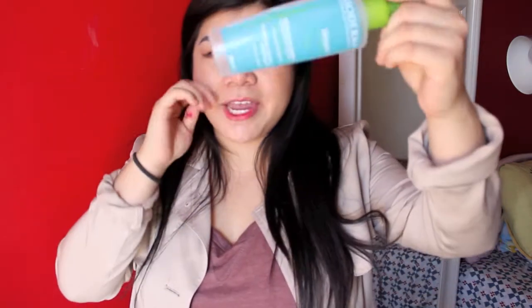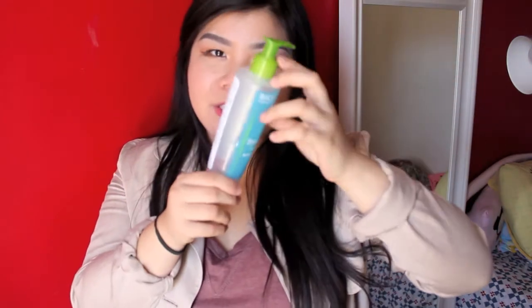The next thing that I have to show you is definitely dead and I'm devo about it. It's the Bioderma Sebium Purifying Cleansing Foaming Gel. This is so empty. It's just got like the last bit of residue left in it. I really love this cleanser and I definitely recommend it. Of all the things that I said I really like in this video, I recommend this one the most,